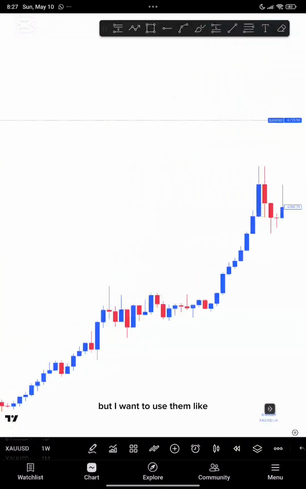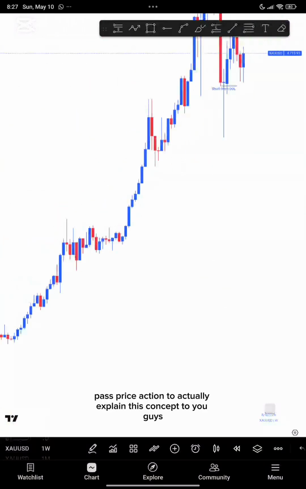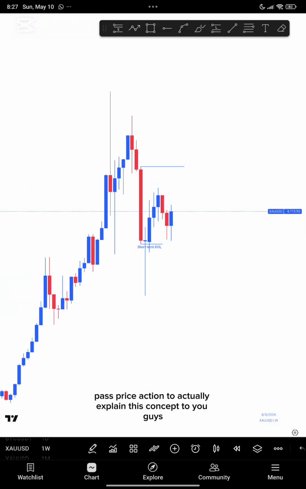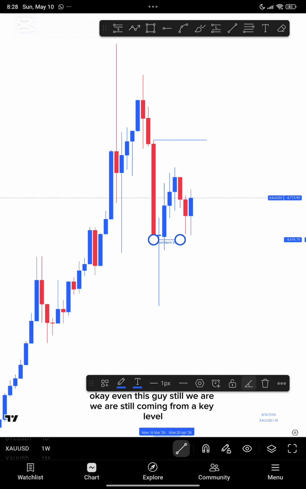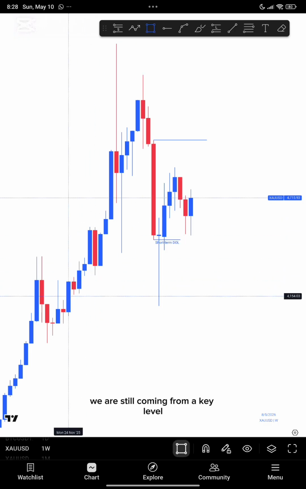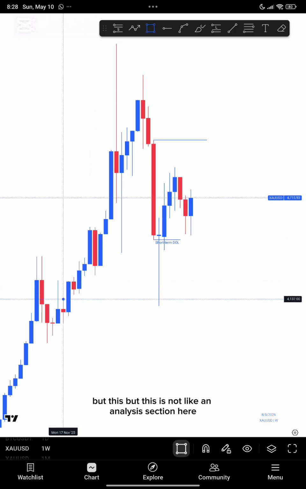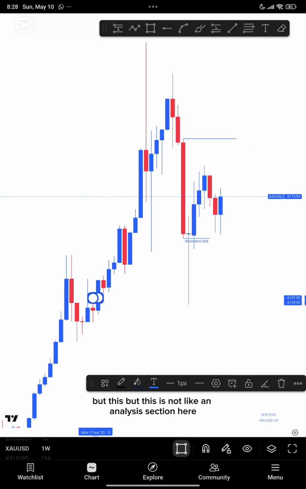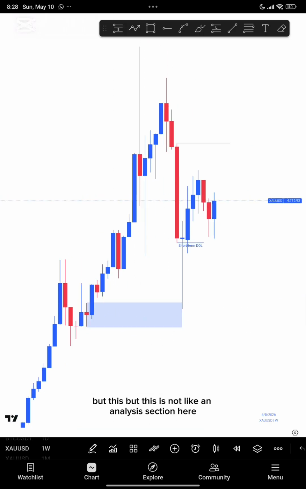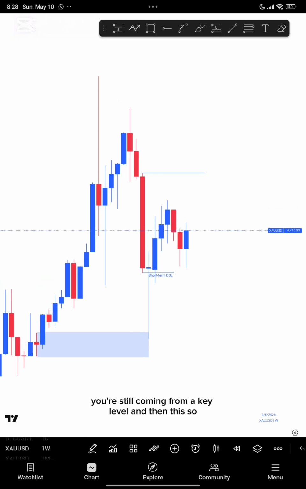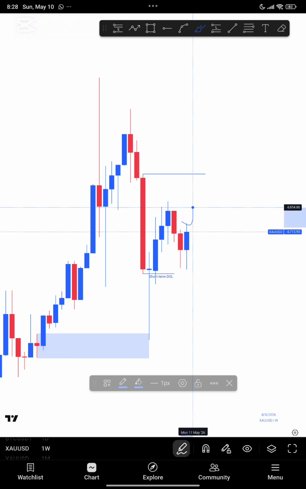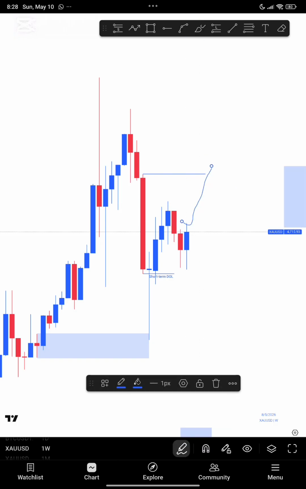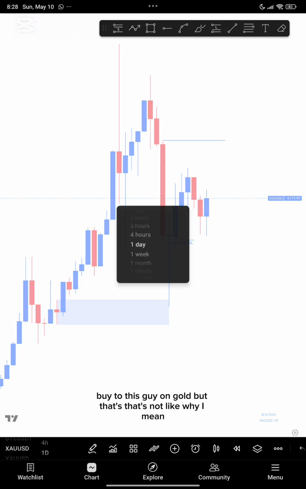on gold. I want to use past price action to explain this concept to you guys. Even this guy, we are still coming from a key level. We are still coming from a key level, but this is not like an analysis section here. We are still coming from a key level, and so we could get a retracement and then buy to this guy on gold. Buy to this on gold, but